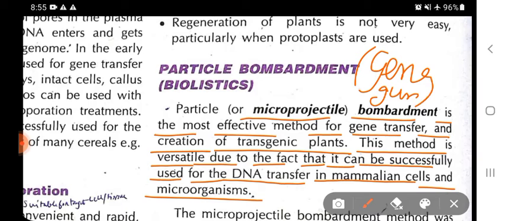With the help of this particle bombardment method, also called the gene gun, because previously when they developed this technique, they used gunpowder, right? That's why the name gene gun comes. Here we forcefully introduce our desired DNA into the target cells. It may be a plant cell or an animal cell. Even microorganisms can be used as a host cell to introduce our desirable DNA with this ballistic method.